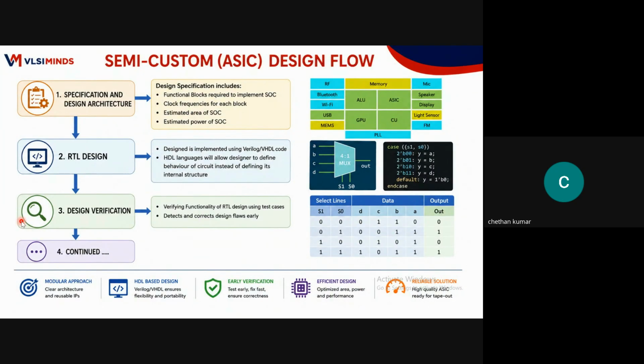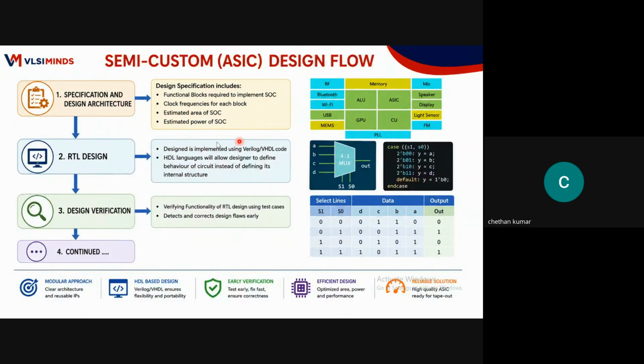Based on that, there will be a design architect. He will fix how many blocks should come, and what are the functional blocks required to implement this particular chip or SOC. Like in this diagram you can see, let us assume this is an SOC. There are multiple modules and blocks in this, correct? So what are the blocks? How should these blocks